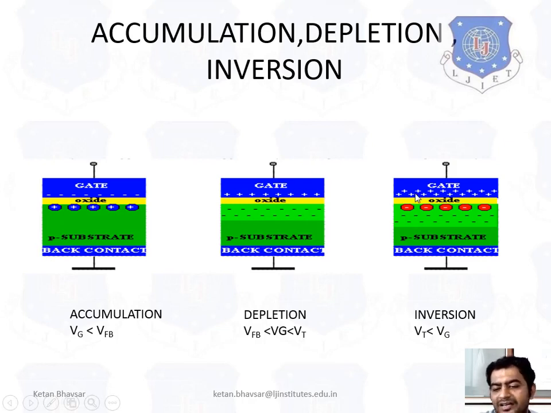Why do we call this an inversion layer? Because in the first situation you can see the negative charge near the gate terminal and positive charge near the substrate, but after the inversion layer you can see the totally opposite situation. You can identify a positive charge near the gate and electrons near the substrate. So here you can see totally opposite operation as compared to the accumulation. Because of that reason it's called a surface inversion, or inversion process.